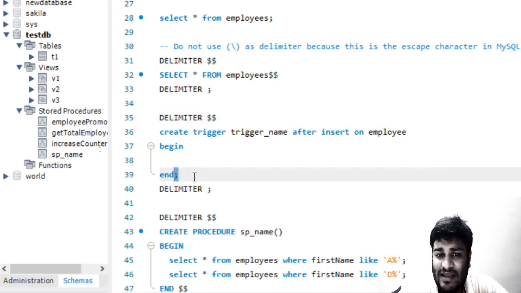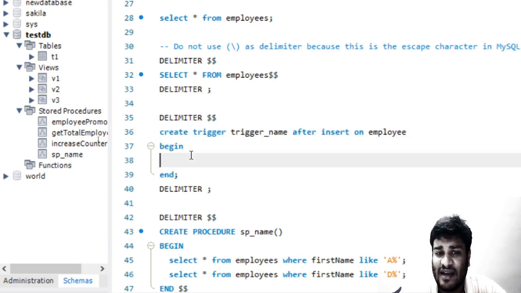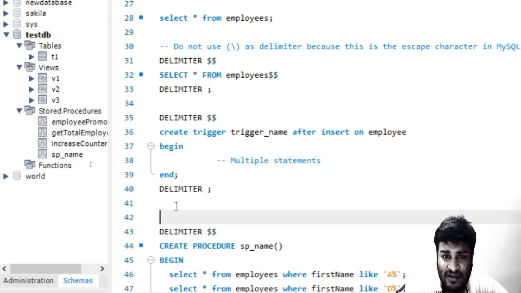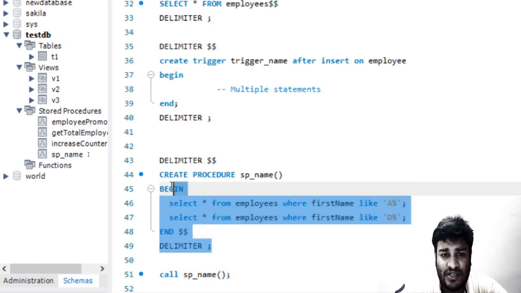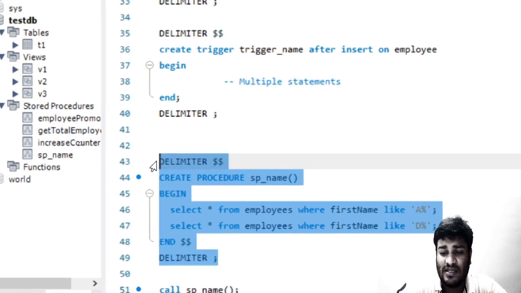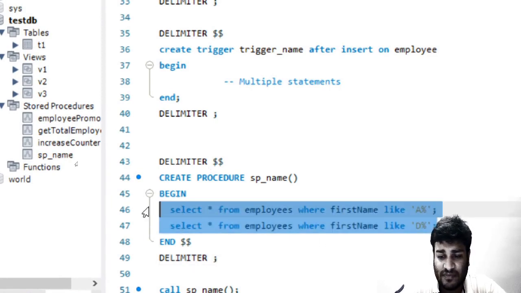One thing which you have to notice is that this entire thing is a trigger, and this trigger in itself contains multiple statements. In the same way, the code below is a stored procedure. This stored procedure also has two statements.